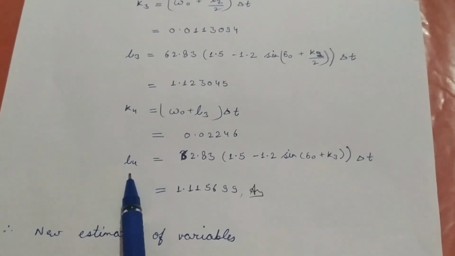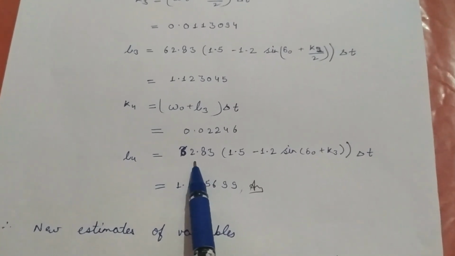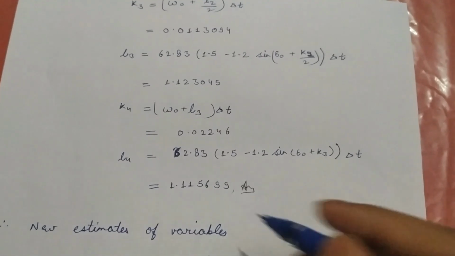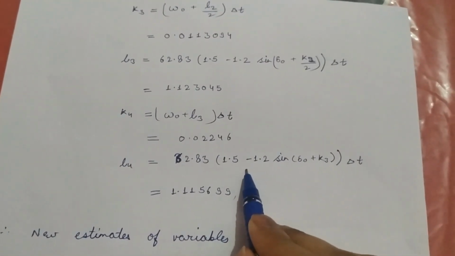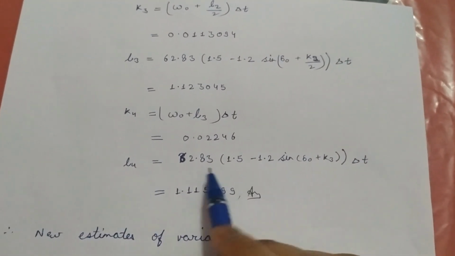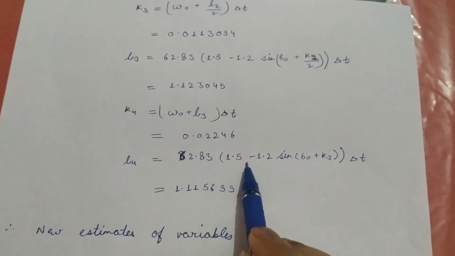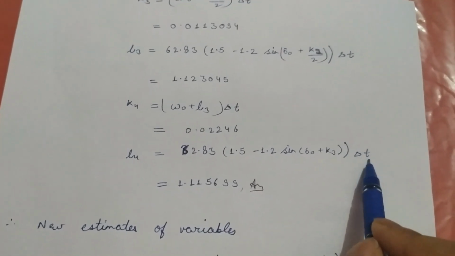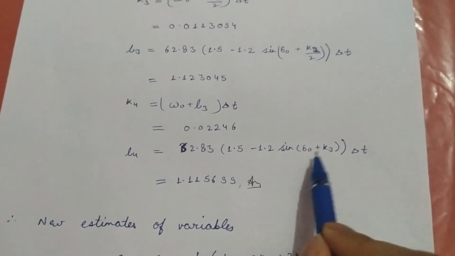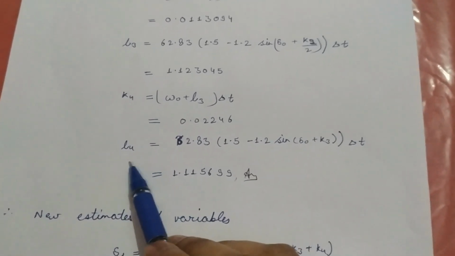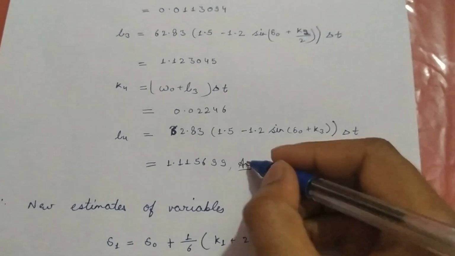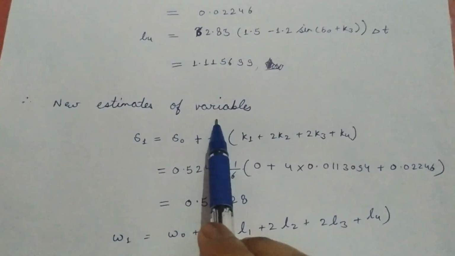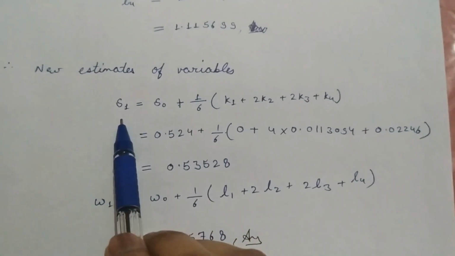Similarly, we can calculate L4, which is equal to 62.83 into 1.5 minus 1.2 into sine of delta naught plus K3, into del T, and if we put the value of delta naught, K3 and del T, we get the value of L4 as 1.115699. So the new estimate of variables, using Runge-Kutta method, del 1 is equal to del